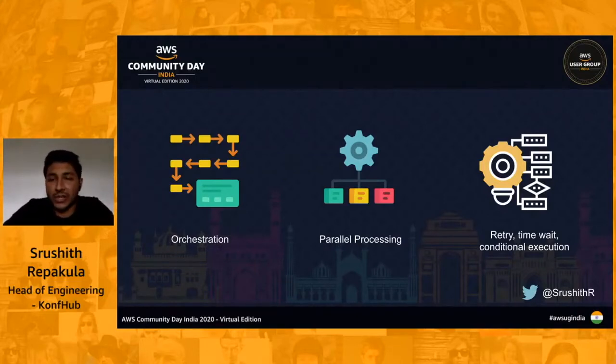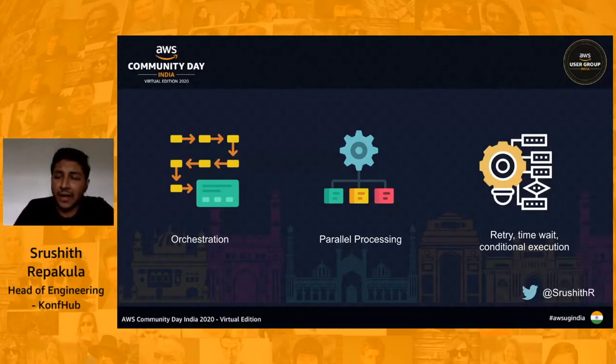That is the power Step Functions gives us when we are building a stateful model. Again, one thing I forgot, which I should have started with, is that Lambda functions are stateless. One Lambda function does not know the context or the state of another Lambda function. Step Functions gives us the capability to pass the state from one Lambda function to another, because we are building a state machine to orchestrate different Lambda functions to work for one single feature or one single user flow.